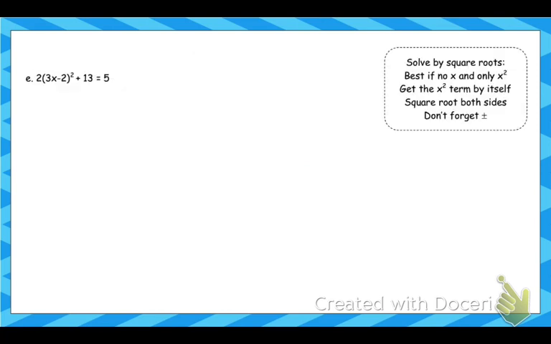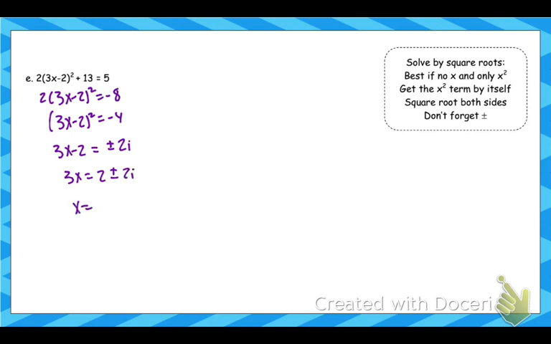All right, one more. Again, if you feel comfortable, pause the video, try this one on your own. We're trying to get this part by itself, so I'm going to subtract 13, divide by 2, square root both sides, and this is going to be plus or minus the square root of negative 4. The square root of negative 4 is 2i. Add 2,